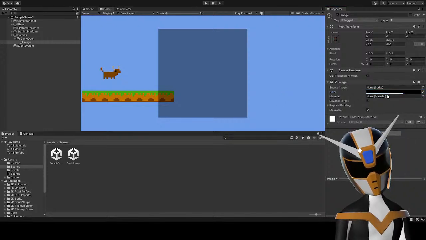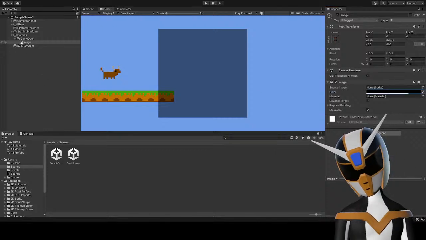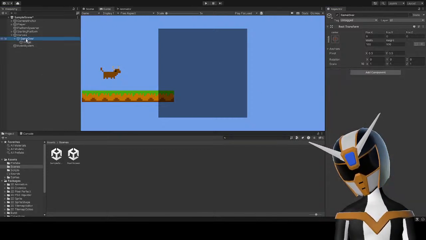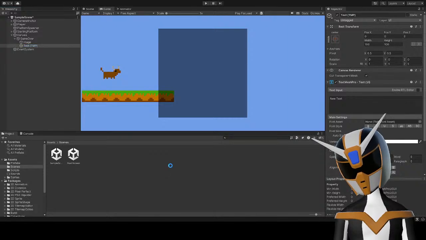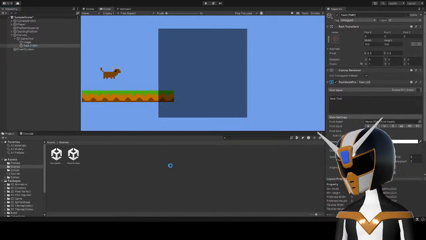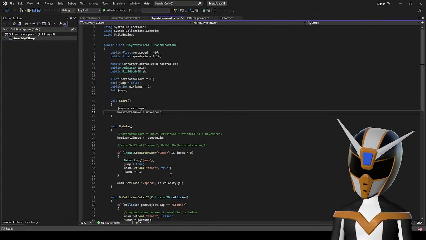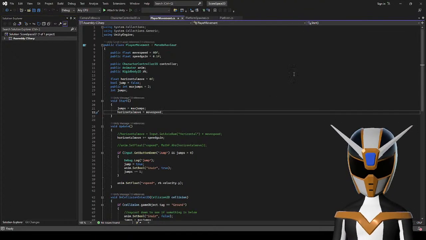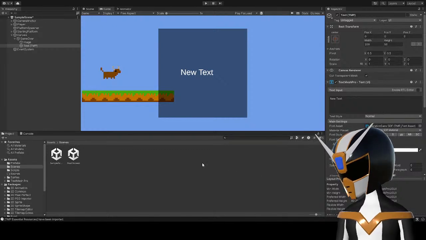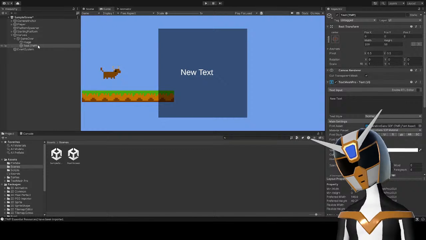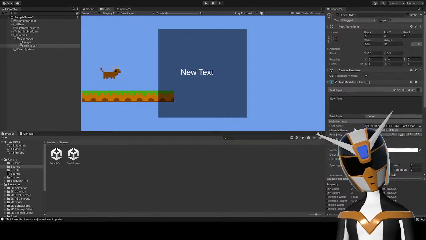Let's make it a little bit less transparent. And then I can have some text that says game over. Import TMP essentials. I don't know why I opened Visual Studio there. I'm pretty sure I don't want it to say new text, and I don't want this font either.